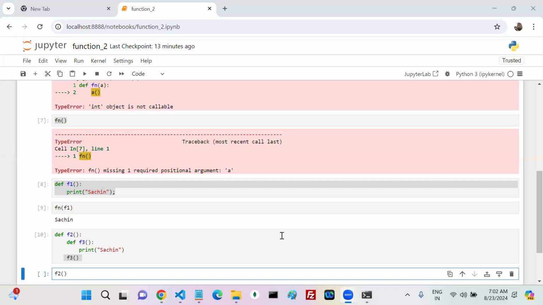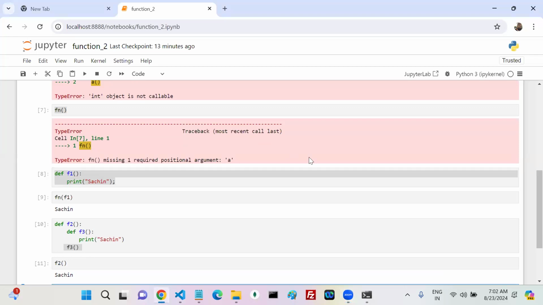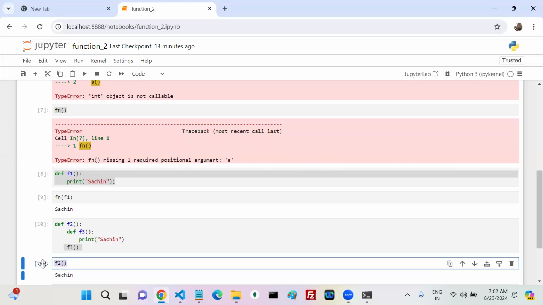What is my answer? Sachin, right? Why? Simple, right? You are calling which function? F2. That means the f2 body will execute.